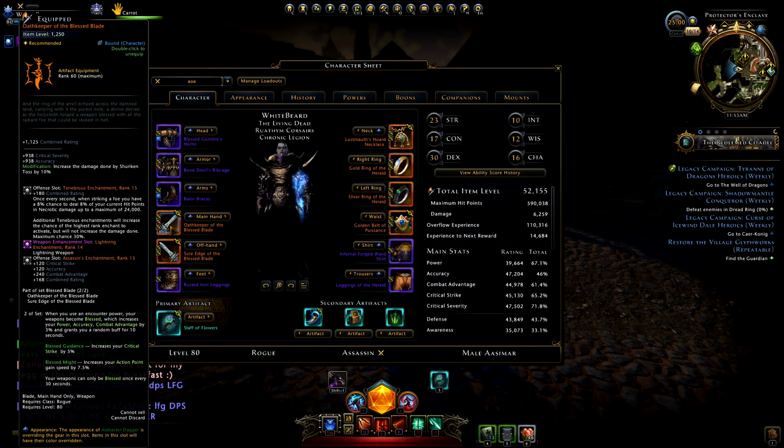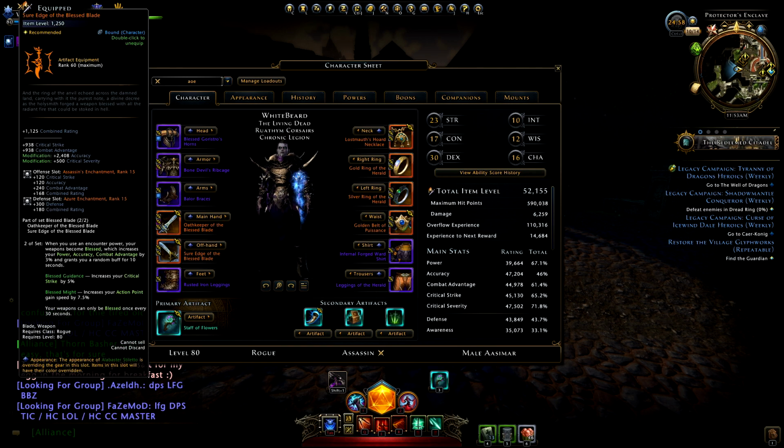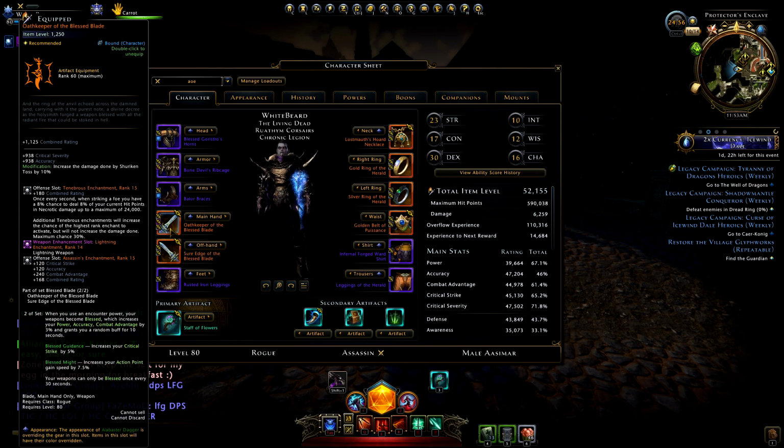And then for my weapons, I use Blessed Blade, of course. I like Blessed Blade. And then for my weapon enchantment, I use Lightning. Lightning is my all-time favorite enchantment. I just love the way it looks. I love the way it works. I just love it. So Lightning enchantment is a very big thing for my build because it does a lot of damage,